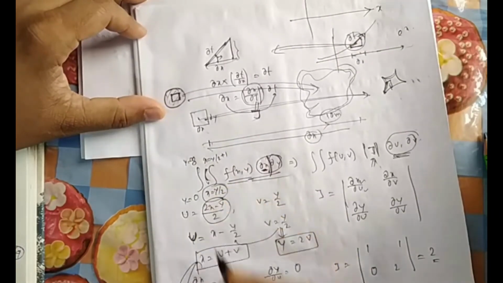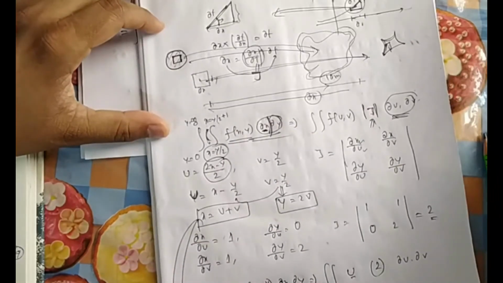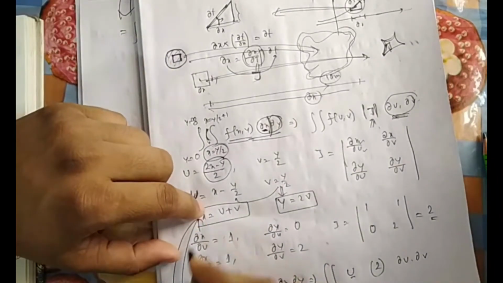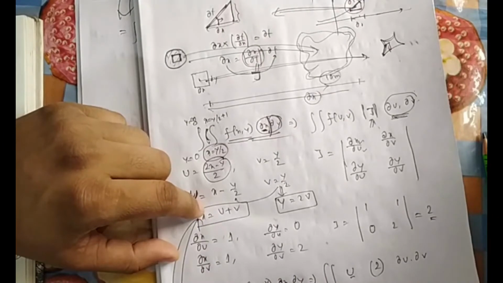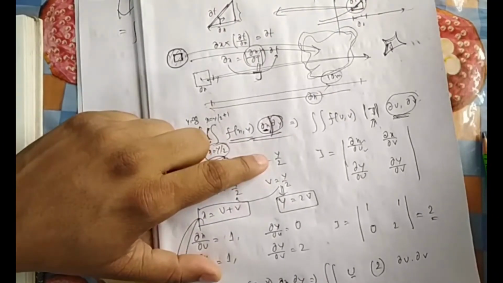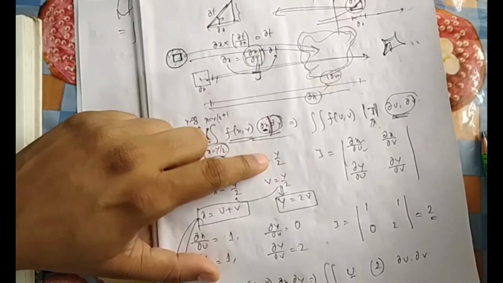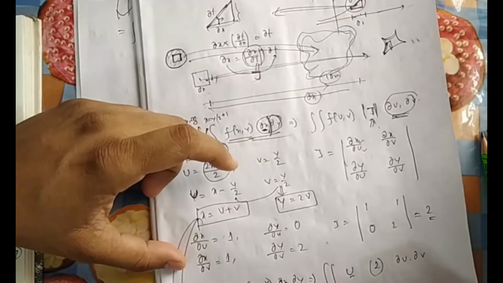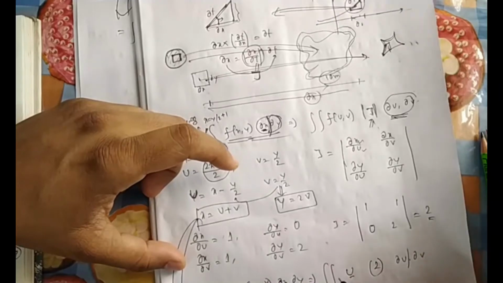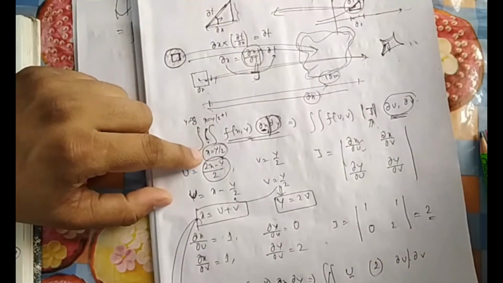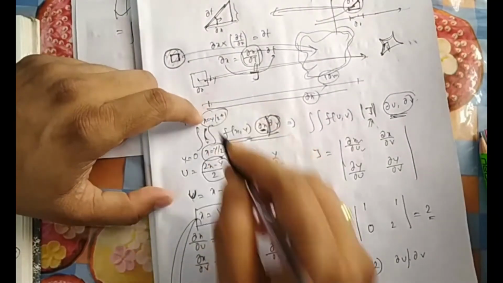Suppose I want to change this one. What is given? X is equal to y by 2. And what do I know from here? X is equal to u plus v. And what is y by 2? Y by 2 is v. You just play around with this one. So you can find u equal to 0. So the first lower limit is 0, u equal to 0, so I will be integrating with respect to u. The first one I have taken care of. Now the second one. You are getting it?